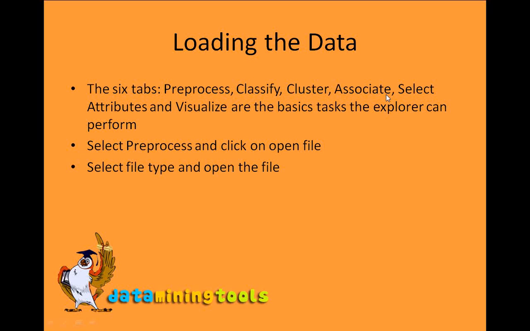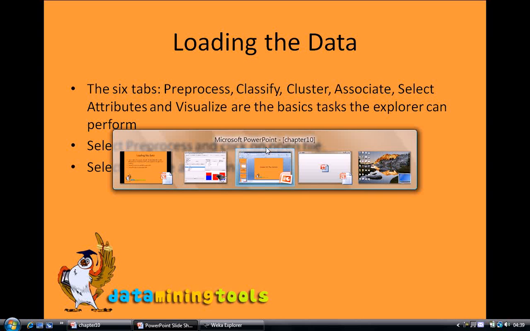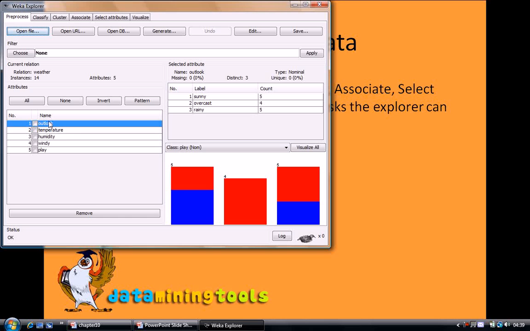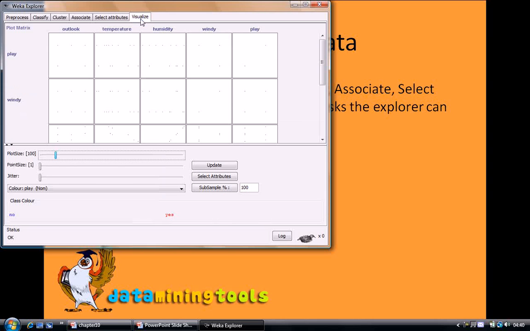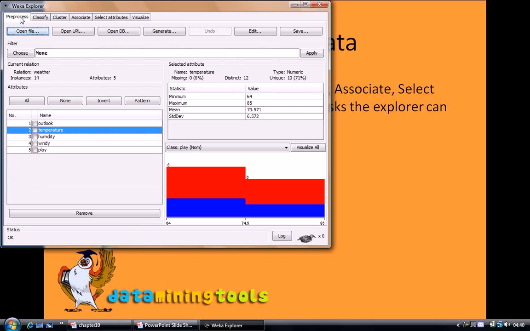Coming back to our presentation, so basically this is what we just did. We click on pre-process, we click on open, and we have the file imported in weka. One more thing, as you can see, our attributes outlook, temperature, humidity, windy and play are listed over here. And since this is the general description of our outlook attribute, as we change our attribute, the description changes as well. We can also visualize our data. We'll go into details later. Coming back to pre-processing,